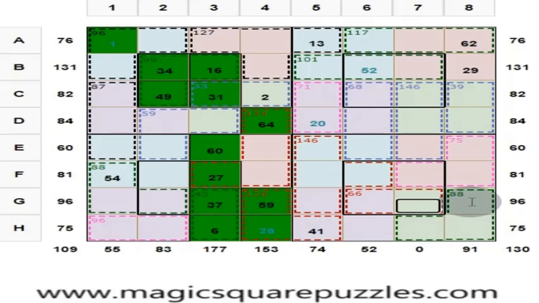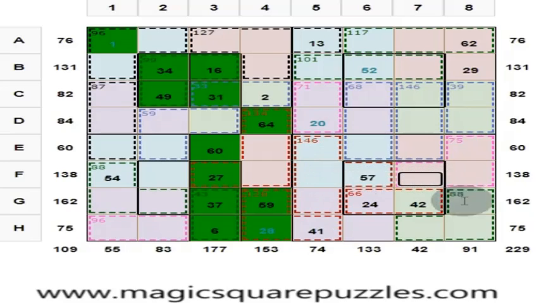These three numbers are 88. These four numbers are 130. What is this? 130 minus 88, 42. This is 42. What is this? This is 24. Okay, and can you find out this one? Yes. These four numbers are 146. These five numbers are what? 146 plus 41, 187. But we know these four numbers should be 130. This is what? 187 minus 130, 57.